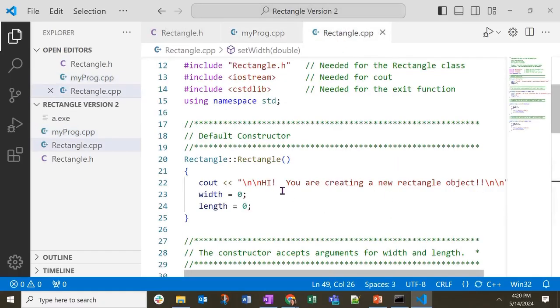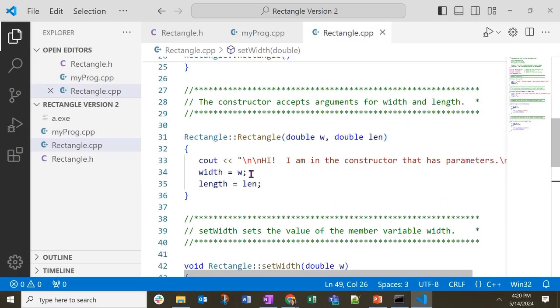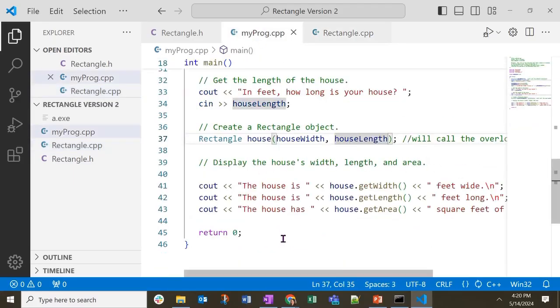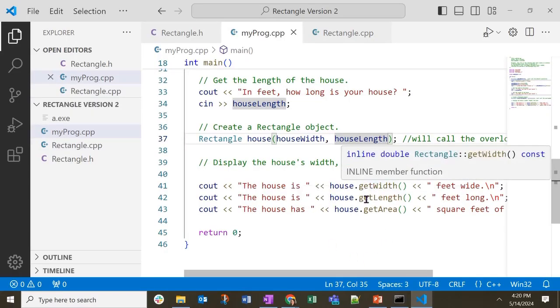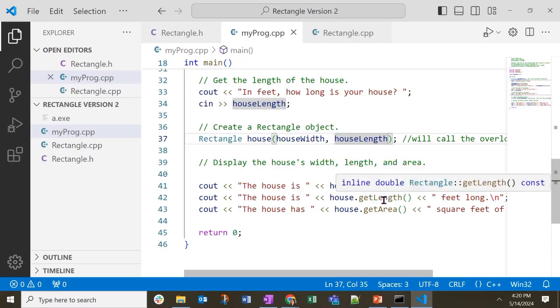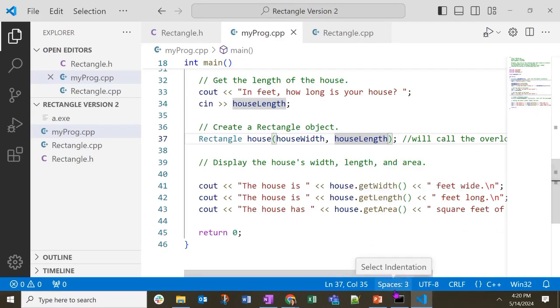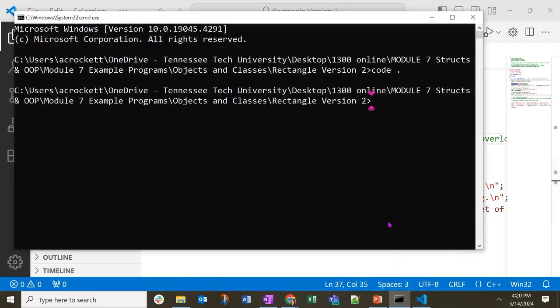It is then going to call that function automatically. It's going to print out I'm in the constructor that has parameters, setting the width and length to whatever the user entered in. Then it will call the getter functions on this second house object or rectangle object. So I'm going to compile this code